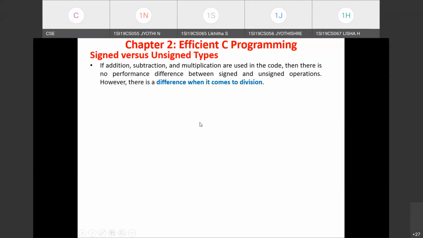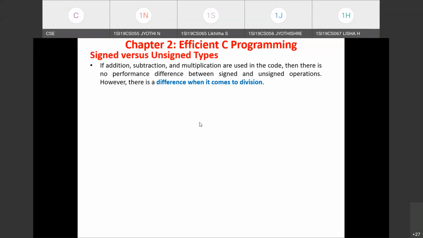So if you are performing addition, subtraction and multiplication operations, in that case you will not find any performance difference between the signed and unsigned operations, but you will see the difference when it comes to division. Whether to prefer signed or unsigned data type, that efficiency we are talking about with respect to division operation.